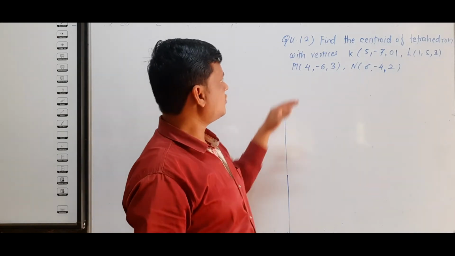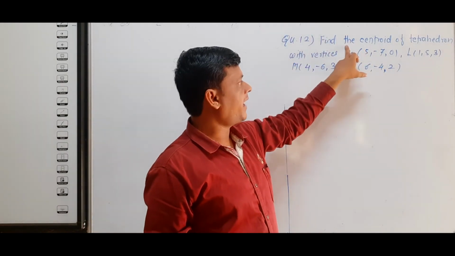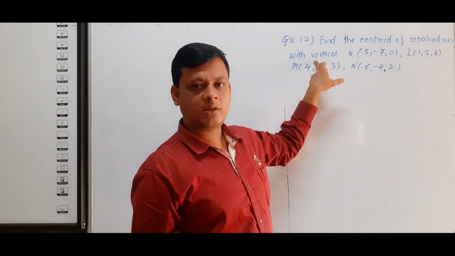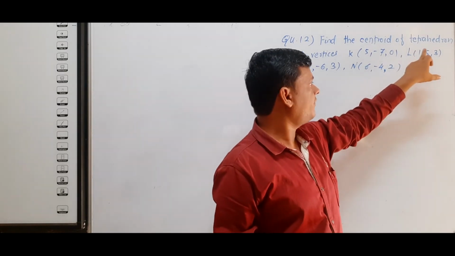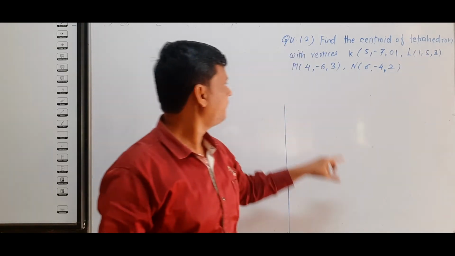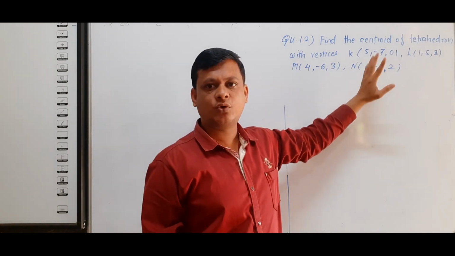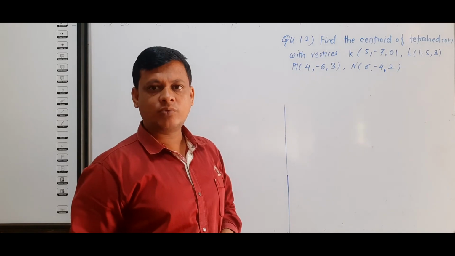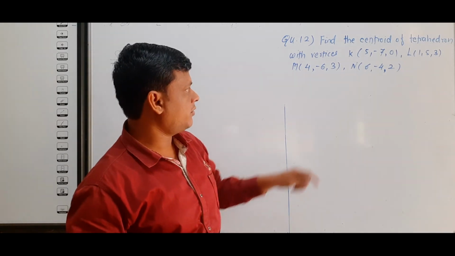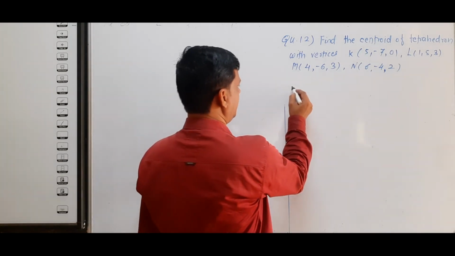Now see the last question, question number 12 from this exercise. Find the centroid of the tetrahedron with vertices K(5, minus 7, 0), L(1, 5, 3), M(4, minus 6, 3) and N(6, minus 4, 2). So here we have to use the centroid formula for a tetrahedron. So first we consider the position vectors of these vertices. So write in solution,